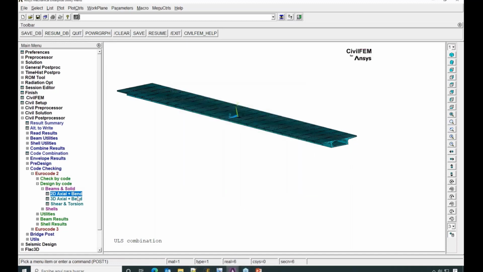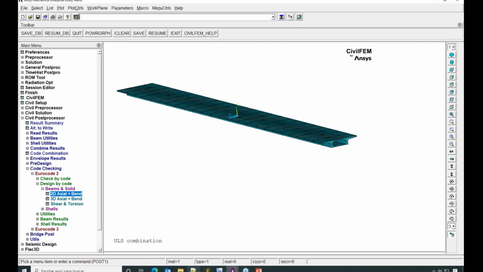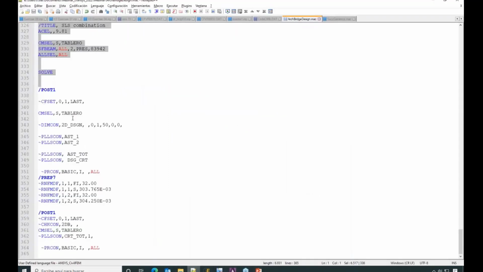Once I have those options selected, I press OK, and CivilFEM designs the model. Or I can also use the command. You can see the command is very similar to ANSYS commands. This is DIM.COM, concrete sections dimension. This is for 2D design; it could be 3D design also, if I have, for example, a column with a biaxial bending moment. And if I launch this,